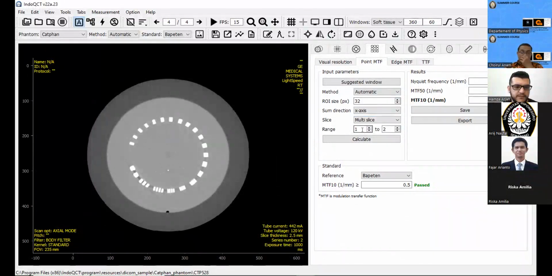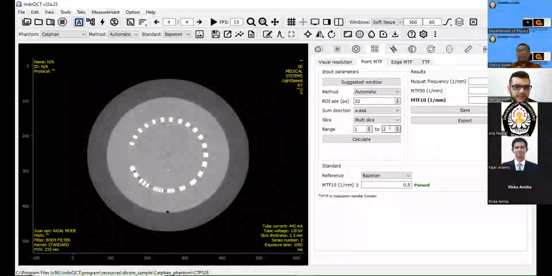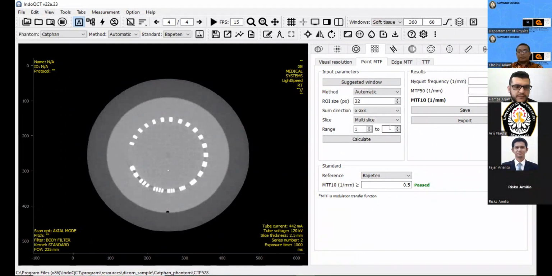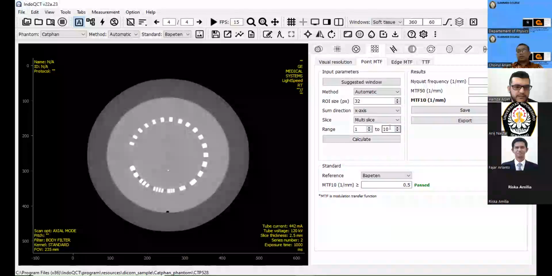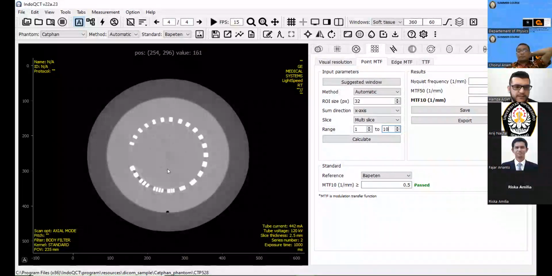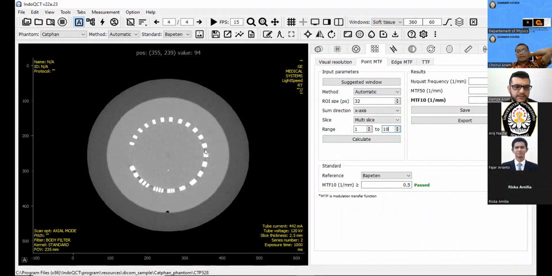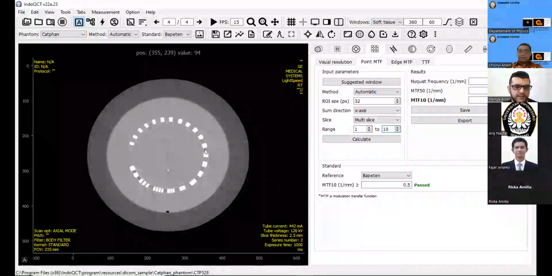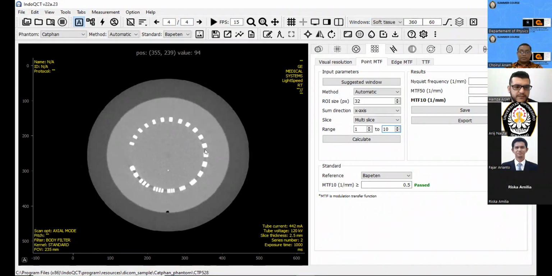Maybe we have images containing the point, from image number 1, for example, up to slice number 10. But we should make sure that slice number 1 to slice number 10 contain the point object like this. Okay, this is the point MTF measurement